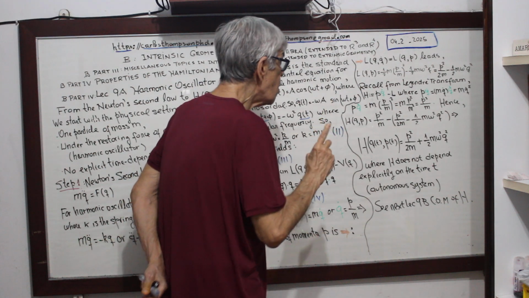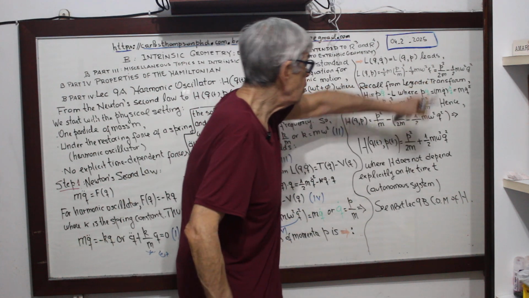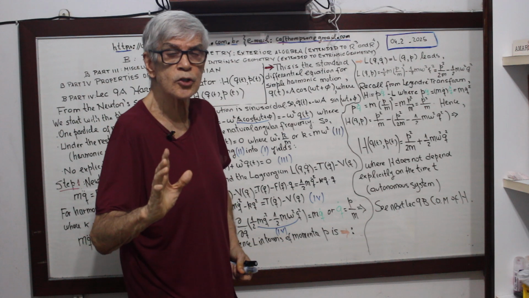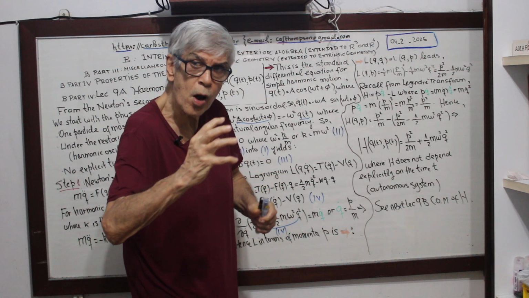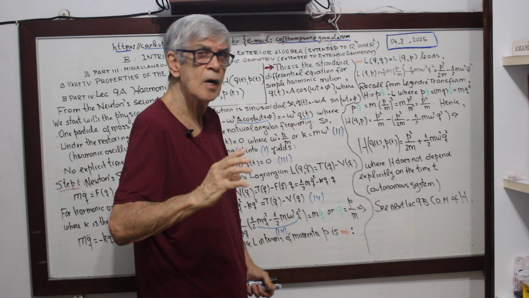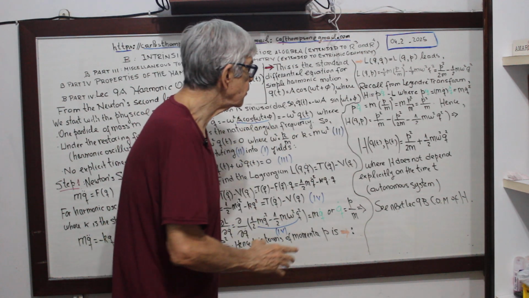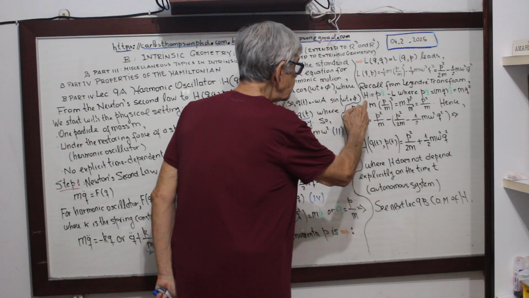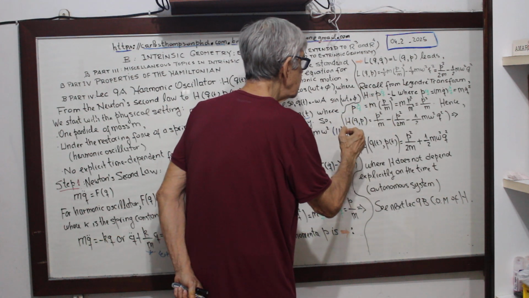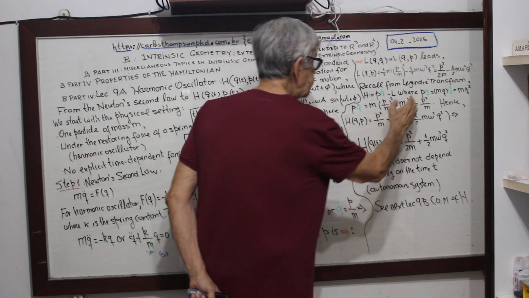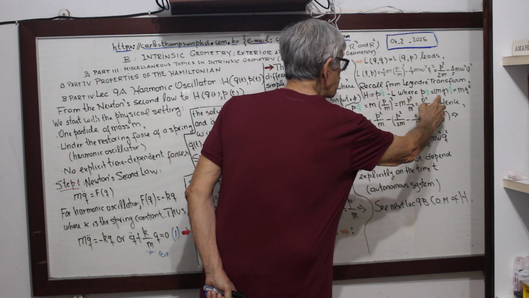Now attention now, recall from the Legendre transformation, you see how we obtain the Hamiltonian. So we define the Hamiltonian as p q dot minus L, you see? Then p q dot is m q